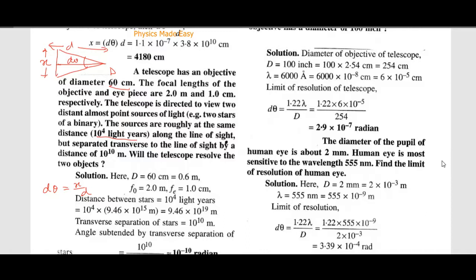Now we will find out limit of resolution. If limit of resolution is less than this, then it will be resolved. If limit of resolution LOR is greater than d theta, image will be resolved. Objects will be resolved. Image of the objects will be resolved, or you can see the objects as separate. But if limit of resolution